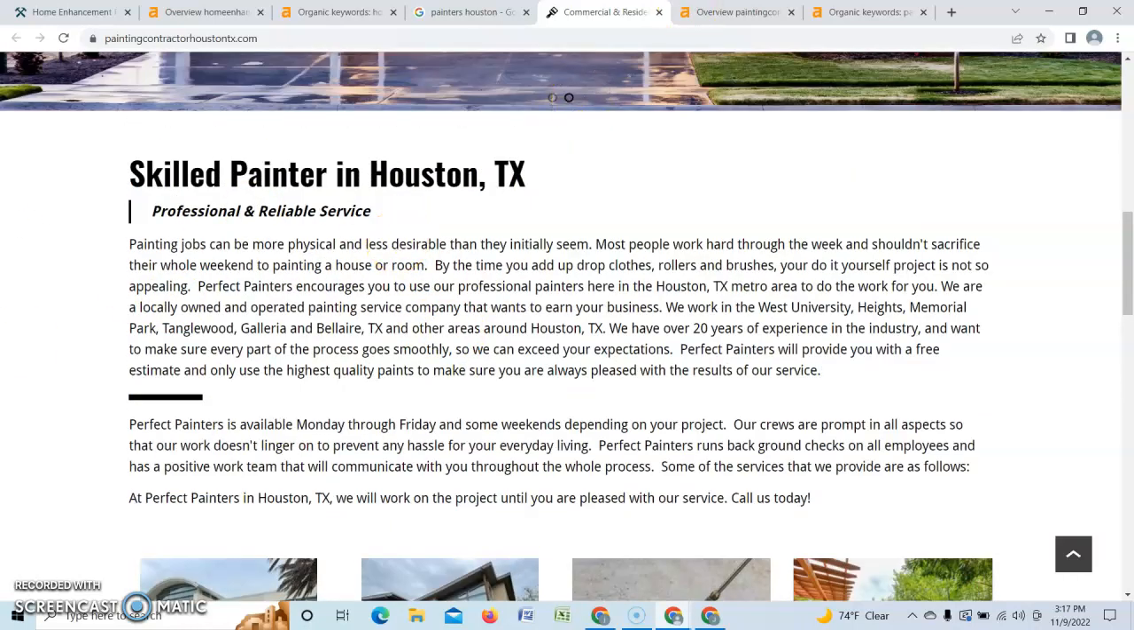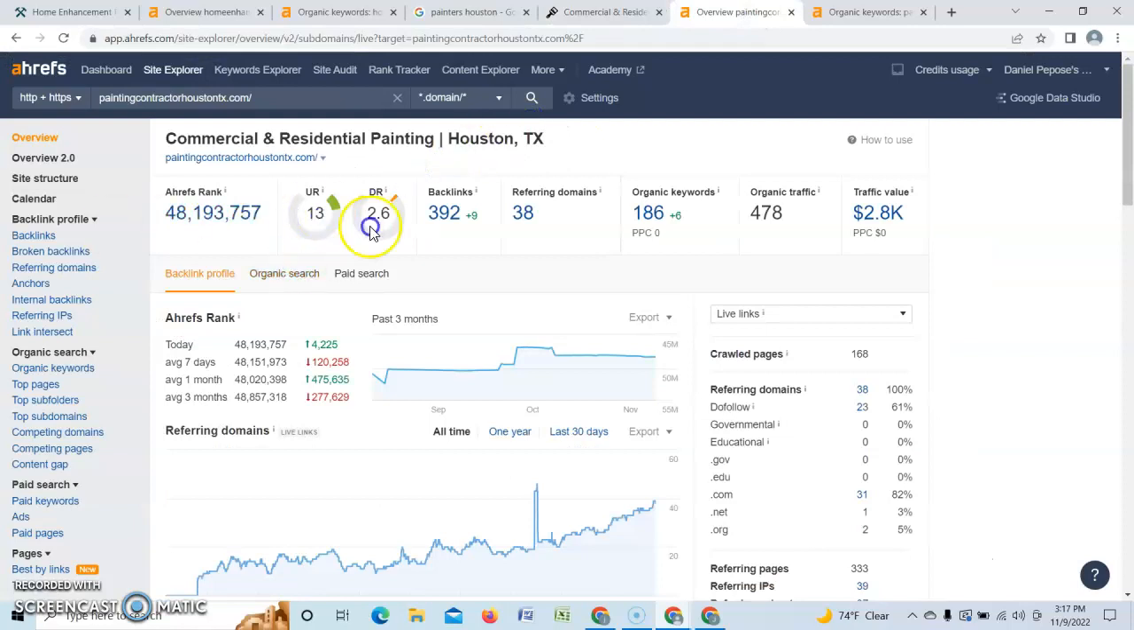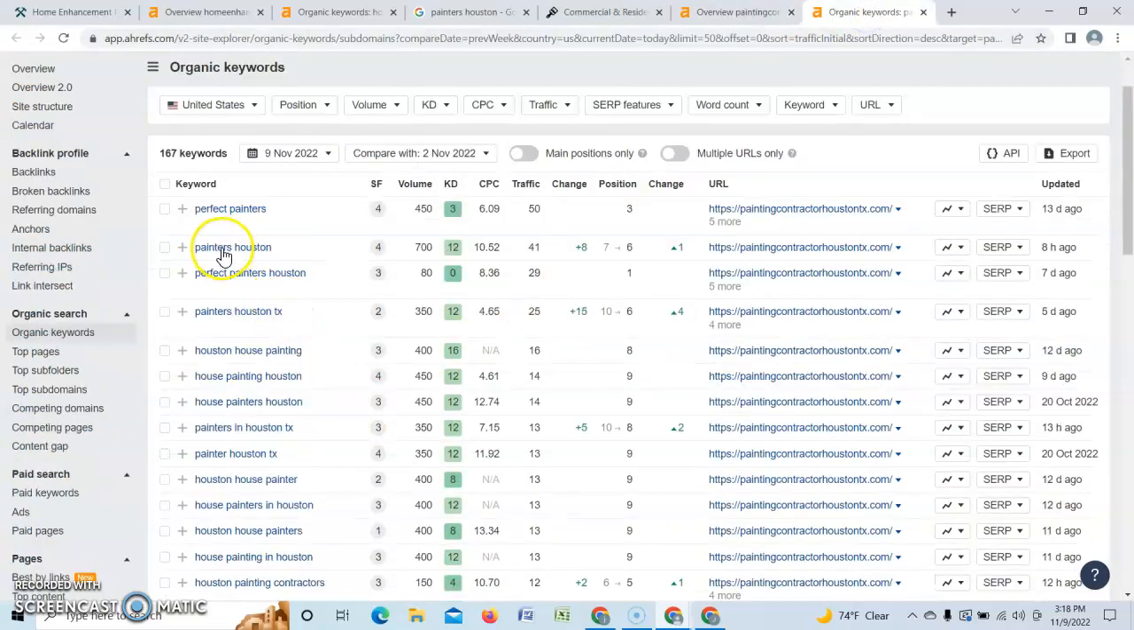So let's take a look behind the curtains for them as well. For their site, they have a 13 on their strength rating and a 2.6 on their domain rating. The reason for that, as you can see, is they have 392 backlinks and 38 different websites referring back to their site. And mainly, you can see they have 186 keywords. So let's check out what their keywords are. Of course they have Perfect Painters because that's their name. And then they have Painters Houston, Painters Houston Texas, Houston house painting. All of these are